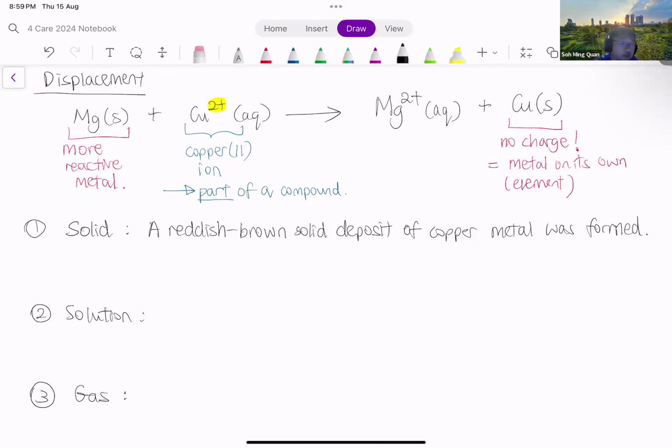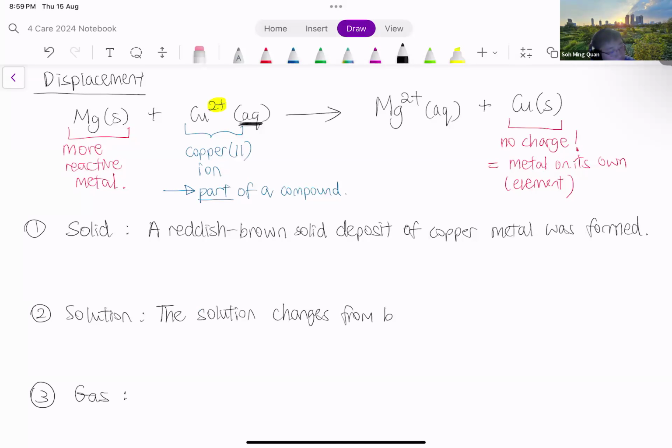Next, the solution. Okay, once you have dealt with the solid deposit of copper metal, you deal with the solution. So what is the color change of the solution? So at first, you have Cu2+ aqueous. Aqueous is the solution, right? Cu2+ aqueous is blue. So the solution changes